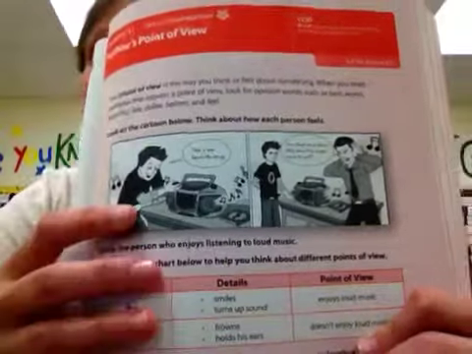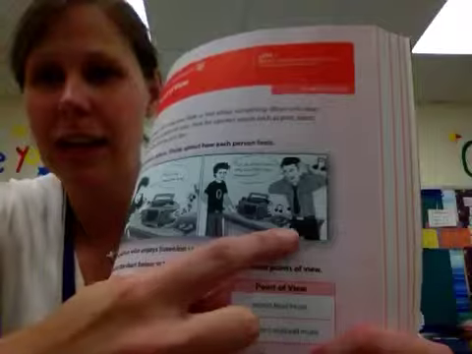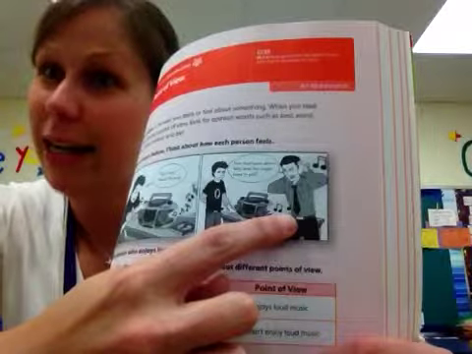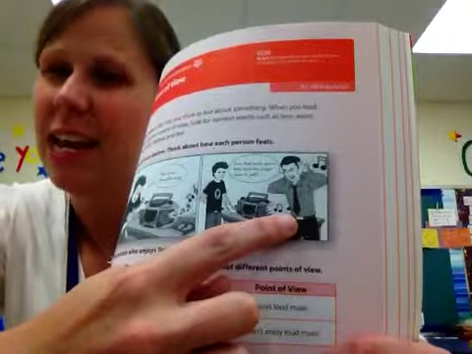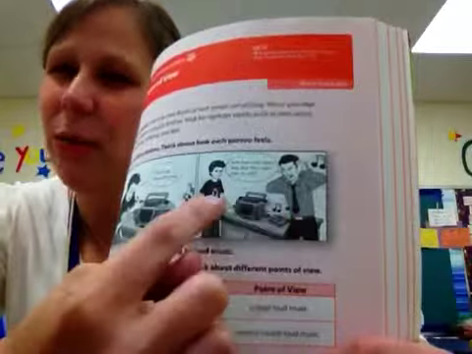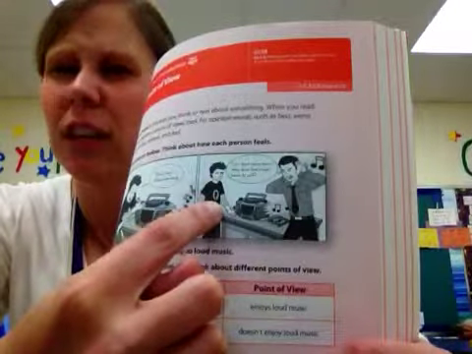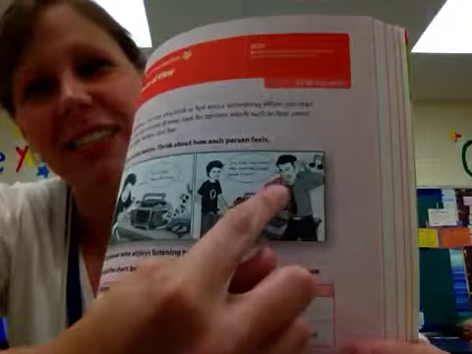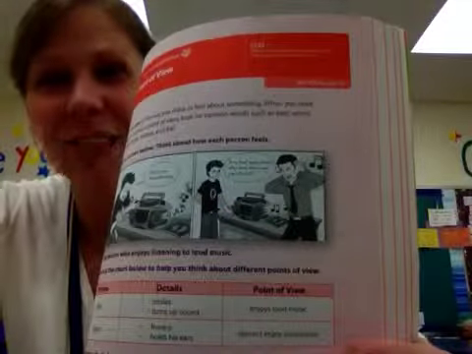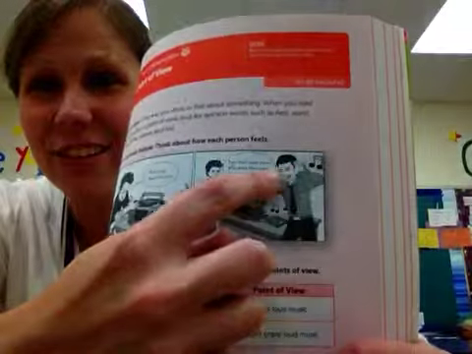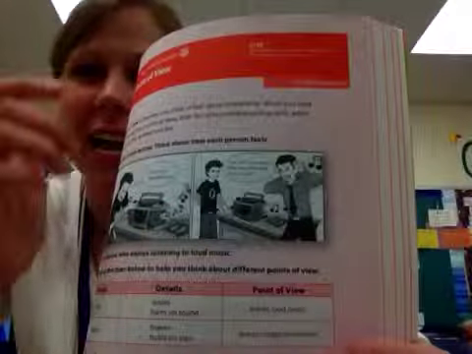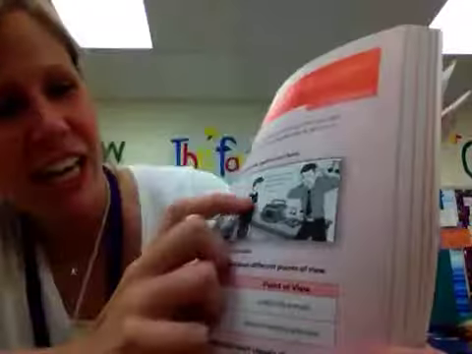Now we can look at this next one right here. I'll leave it right here. Now it looks like his dad came in. Let's see. Does his dad share the same point of view about this loud music as the boy does? Let's look at the clues. He definitely does not have a smile on his face. He's covering his ears with his hands. And it looks like he's yelling.